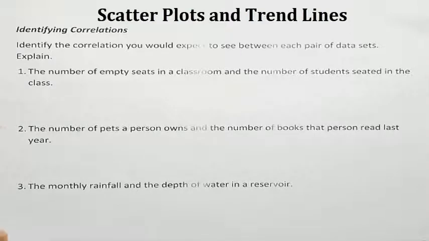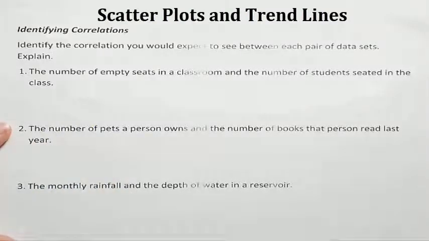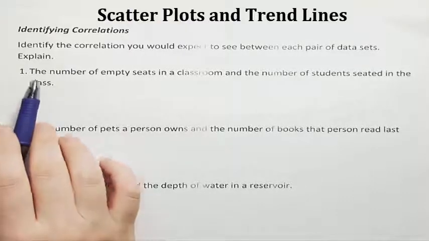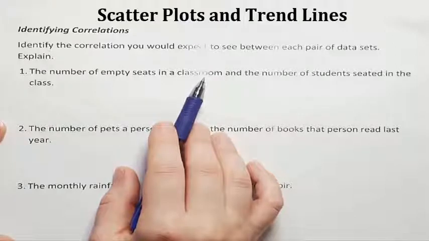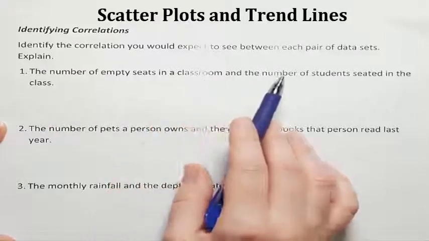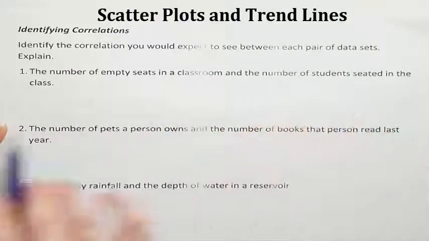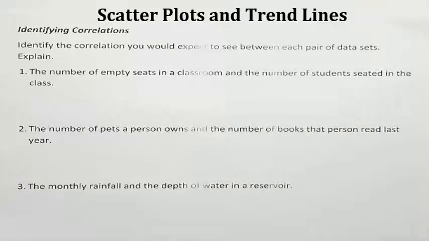So now we have some three story problems where we need to see what kind of correlation those story problems would have. So number 1, the number of empty seats in the classroom, so how many empty desks I have, how is that related to the number of students seated in the class? So if I'm thinking about this,